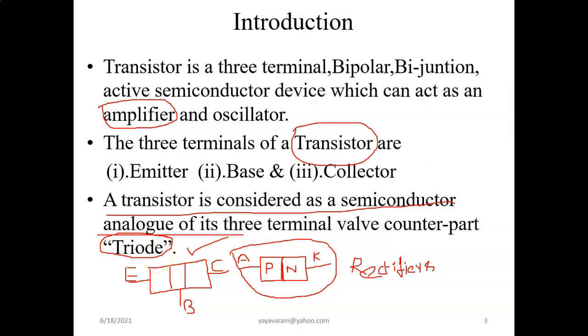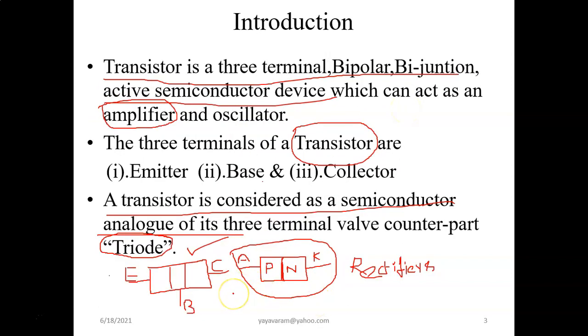Nothing more than that. Of course, if you remember the name, it's enough. It's not very important. So once you have understood that a transistor is a three-terminal bipolar junction active semiconductor device which can act as an amplifier or oscillator,